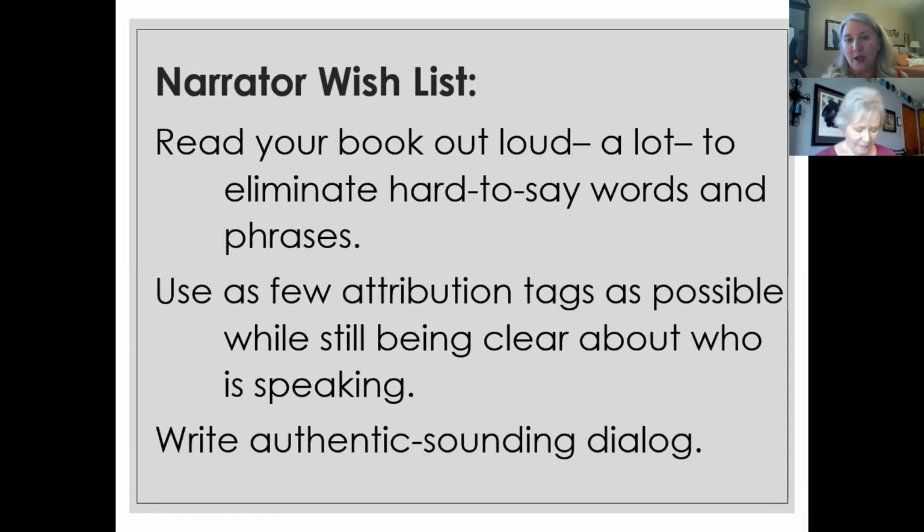But if you can do it in a different way where you're not having to put a tag on at all, say, a line that Mary says, only then, what is this? What are we looking at here in this situation? Mary crossed the room and beat on the table, or whatever. That's terrible, but something like that, so that it's Mary that's talking and not somebody else. Anytime you can do that, it makes your writing better, first of all, but it makes it easier for them to do. It makes it easier on the listener too, so they're not hearing Mary said, then Joanna said, then